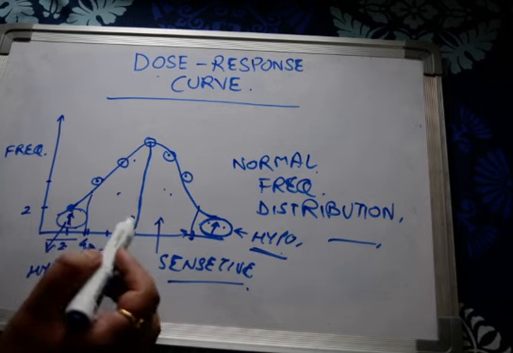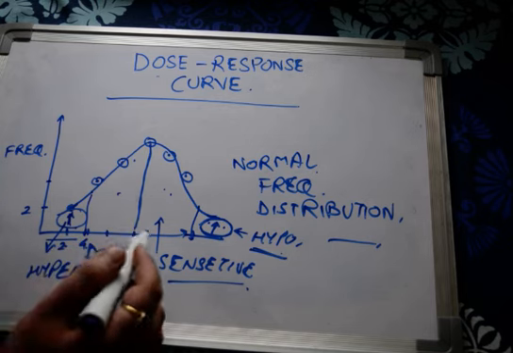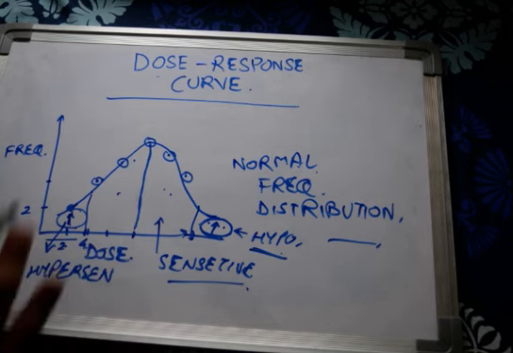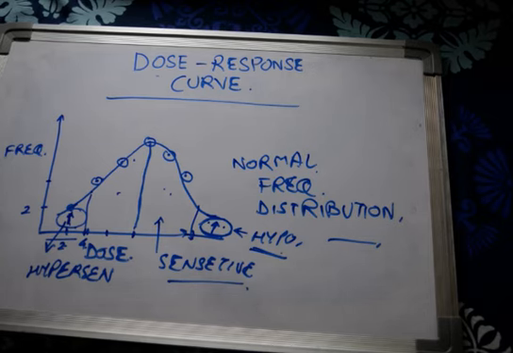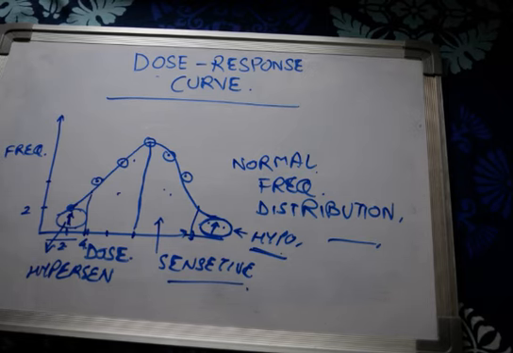Anyways, so this is an important type of dose response curve, what we call quantal. But again, this dose response curve is not very beneficial. It becomes more beneficial when we go for a cumulative dose response curve. The cumulative is